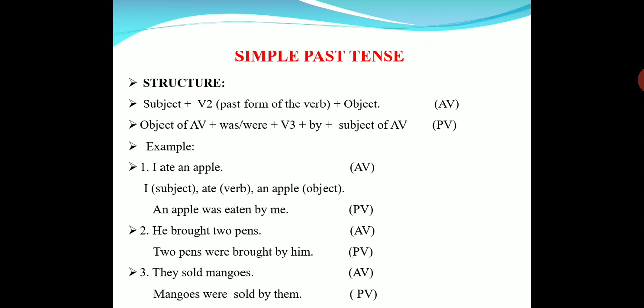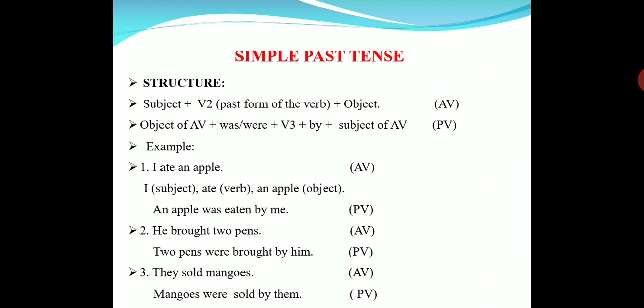Now simple past. What is the structure of simple past? Subject plus V2. V2 is the past form of the verb plus object. In the active voice. In the passive voice, object of active voice, that is object becomes subject plus